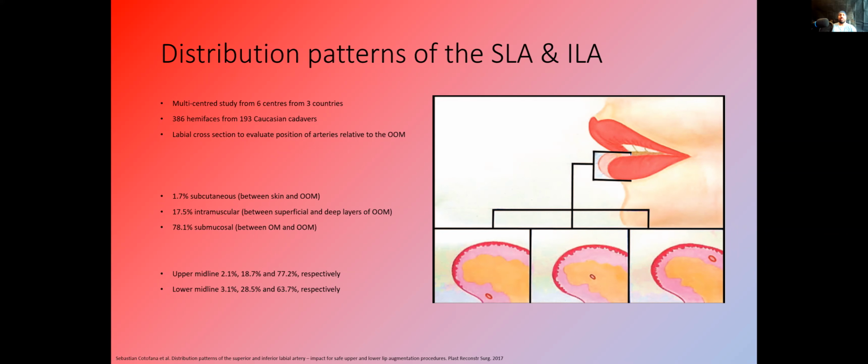It was found within that layer in 17.5% of patients. But guess where they found it the most? They found the arteries in the submucosal plane. So remember, skin, subcutaneous, muscle, submucosal. And it was 78.1%. So we're talking around 80% of cases, your vessels are going to be in the submucosal